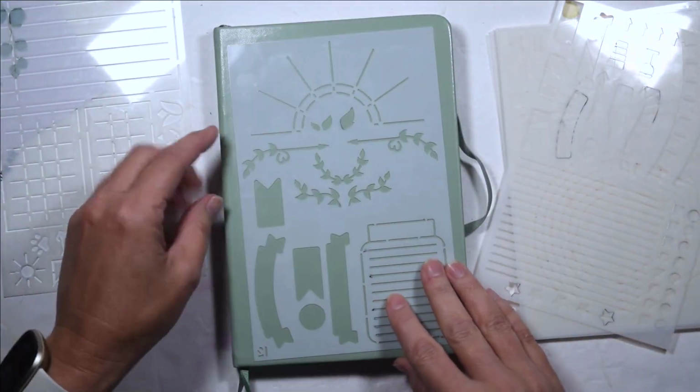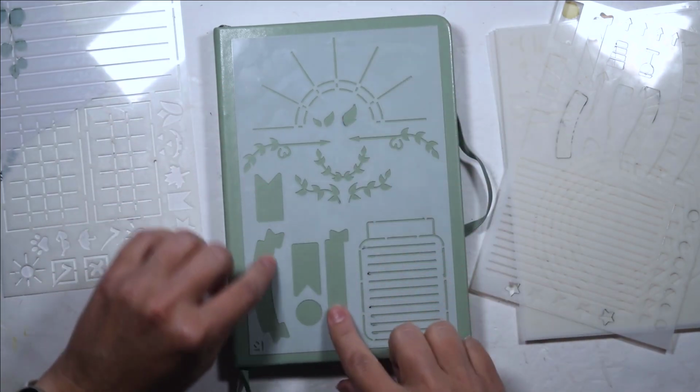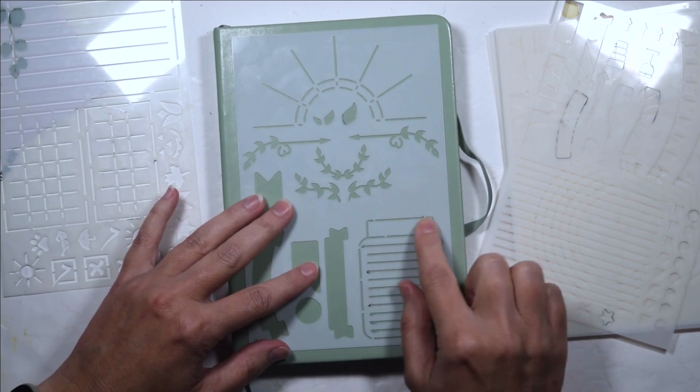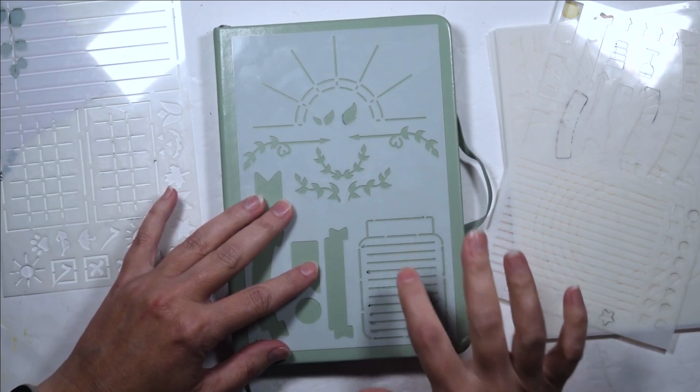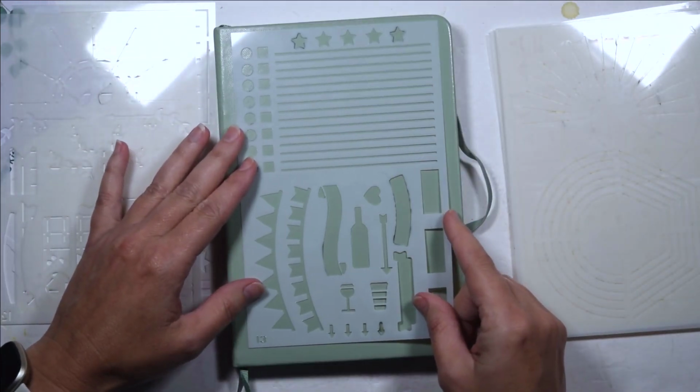And then you have this page. I don't know what this is for either, so if you do, let me know. They've got a couple of banners. And I actually really like this little guy for either notes or gratitude. It turns out really cute when you use it. You can already see the ones that I've used. It's upside down. More banners here,